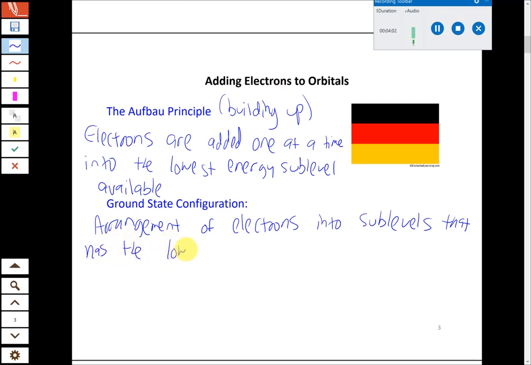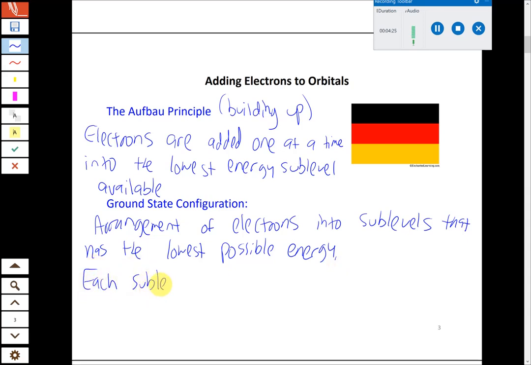There's one that has the lowest possible energy. All right, so basically if we follow the Aufbau principle and one other rule that I'm going to give you on the next slide, that arrangement of electrons that results from following those rules will be what's called the ground state electron configuration. And the way that we write this configuration, the way that we abbreviate it, is